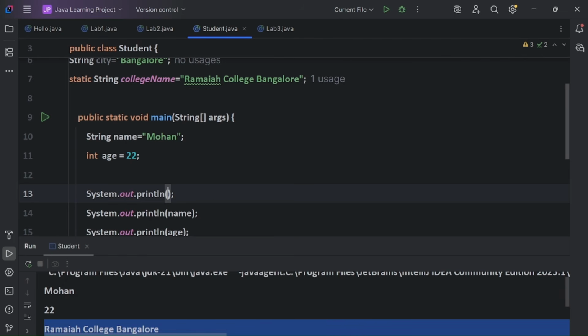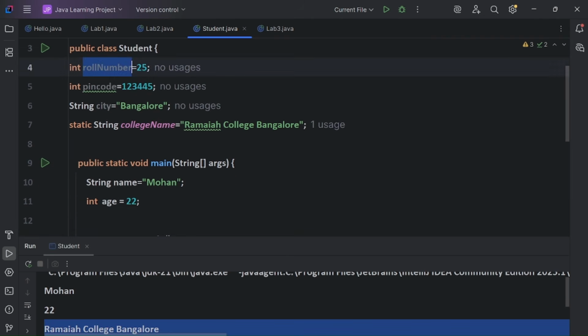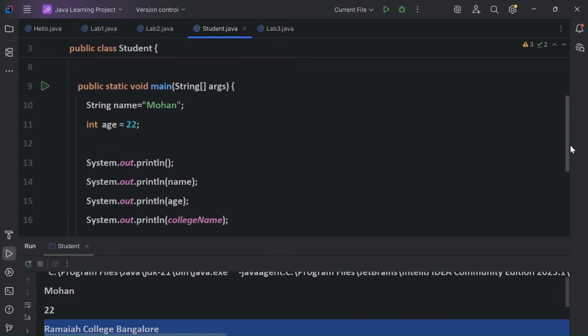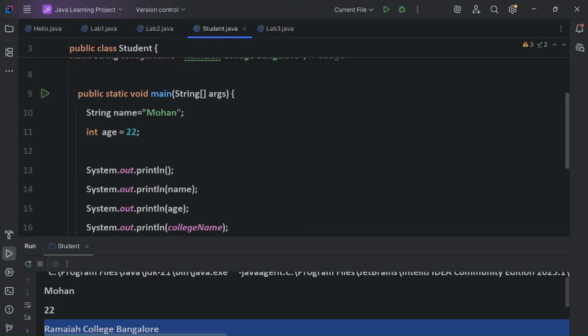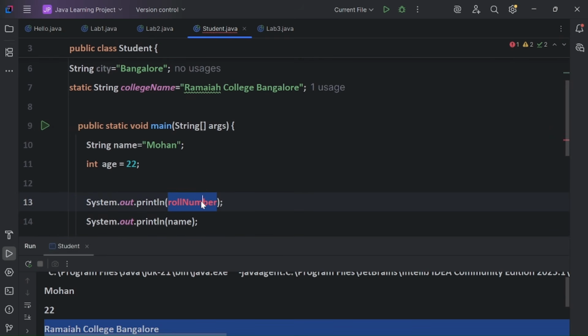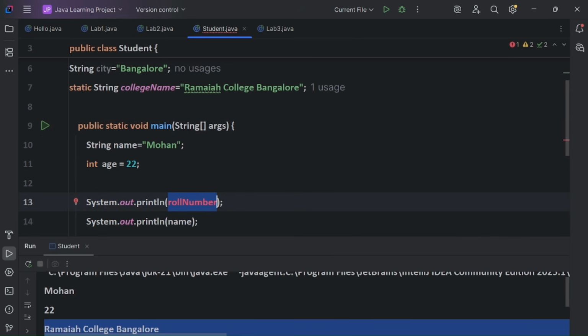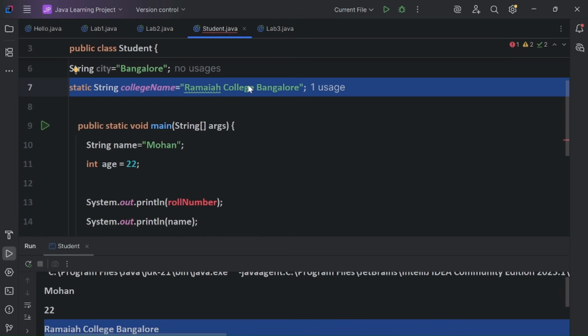So if we print here, suppose, this roll number, guys, will it be printed or not? Think. See, roll number is not able to print here in the local method, because this is part of the object, guys. The object of student cannot be directly called in any block or method. Only static variables can be called directly, because static variables are members of the class, they are not members of the object, they are common for all the objects.